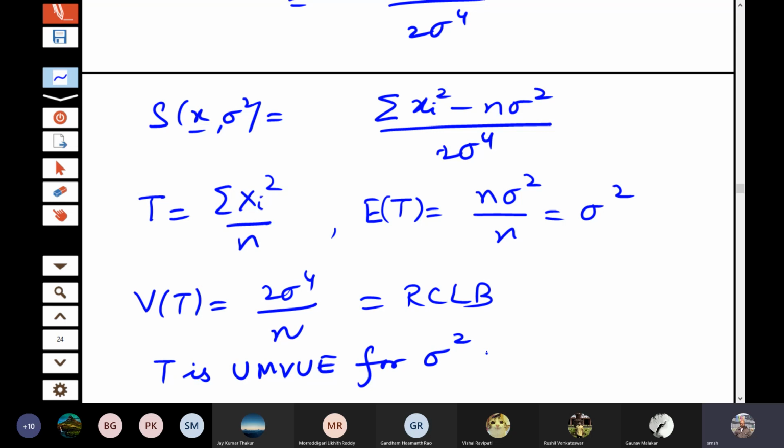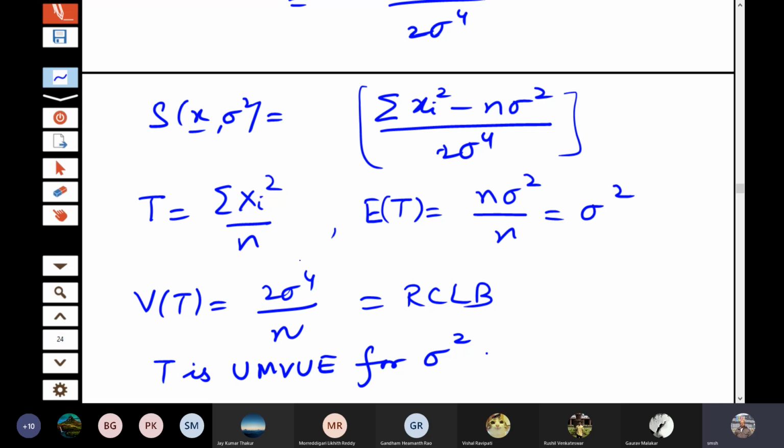I hope these calculations are clear. Actually, you should look at this. This term is sufficient to tell you, or to guess, what the UMVUE would be. You don't have to worry too much about any other estimator. Just look at the form of Sx, and from Sx you can make a guess. So linear functions of sigma xi squares will be UMVUEs of their expectations.